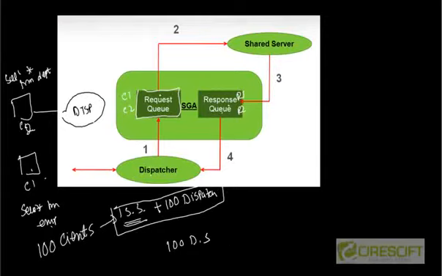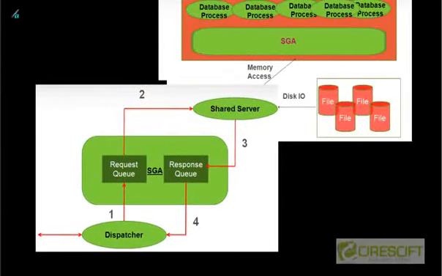Alright, so this is the final picture, how it's going to look. Let's say we have a client C1. Client C1 comes to the listener, and the listener creates a dispatcher, and then the dispatcher is going to put the command in the request queue. This shared server is going to poll the request queue, and whenever he is free he is going to get the request and execute it using the SGA and files and all this, and then when the answer is ready he puts it in the response queue, and then the dispatcher is going to get it from the response queue and get it back to the client, and